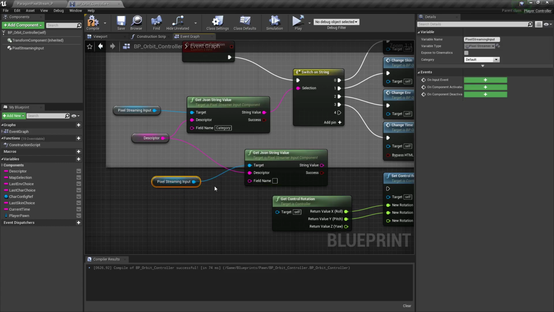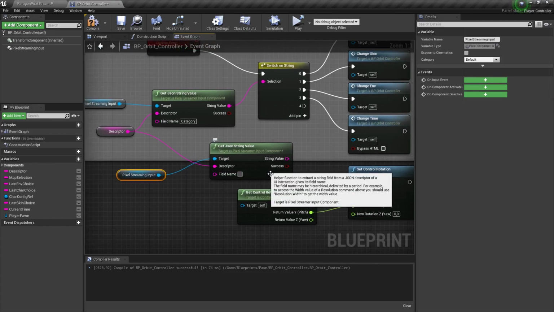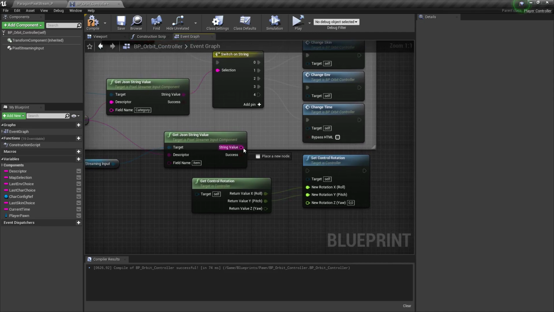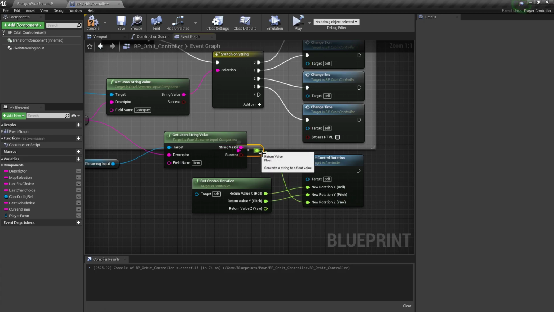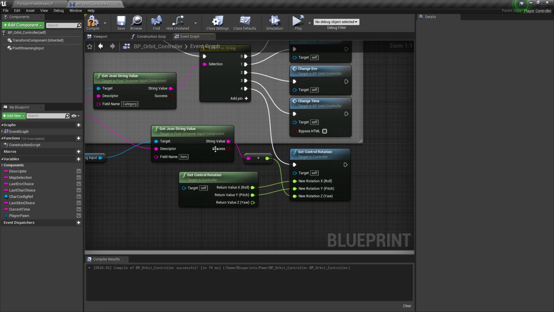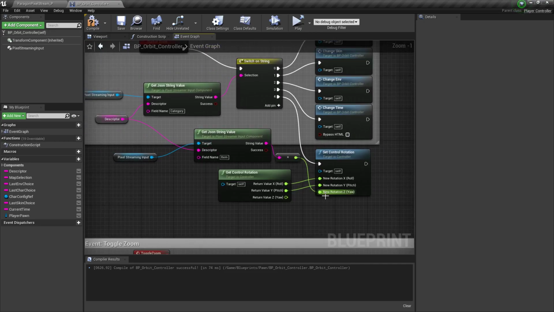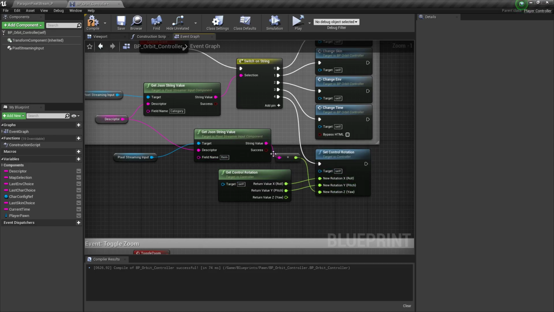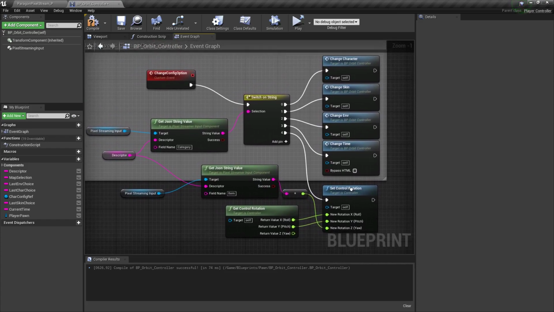In this case, we want the item value. And that should be converted to the yaw input. So if this works correctly, it should just change the rotation from 1 to 100, because that's how the slider is set up. But we can test that to begin with.